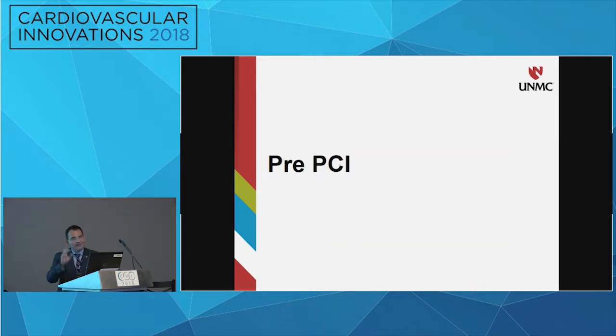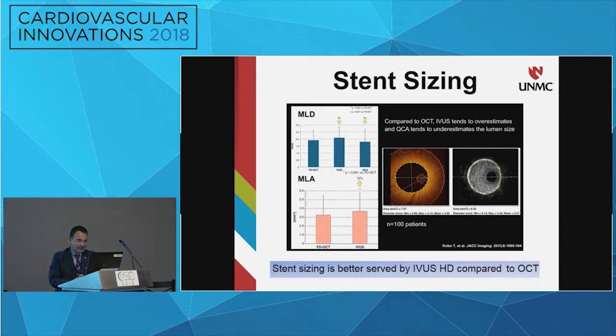So let's see how the high-definition IVUS can help us with the PCI at several stages, pre, post, and at follow-up, and how this can change the existing state of the art. So first thing, as I said, we always need to correctly size the stent, and this requires media to media measurement. And this can happen obviously very nicely with IVUS, but the problem with IVUS is, as shown nicely in